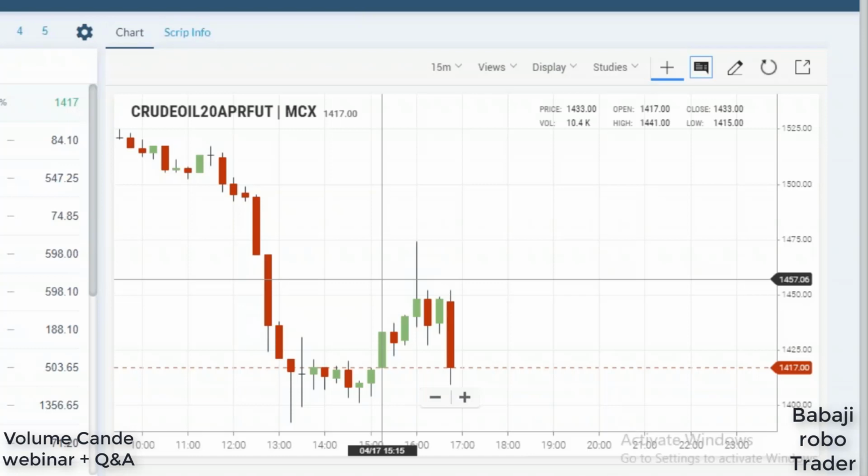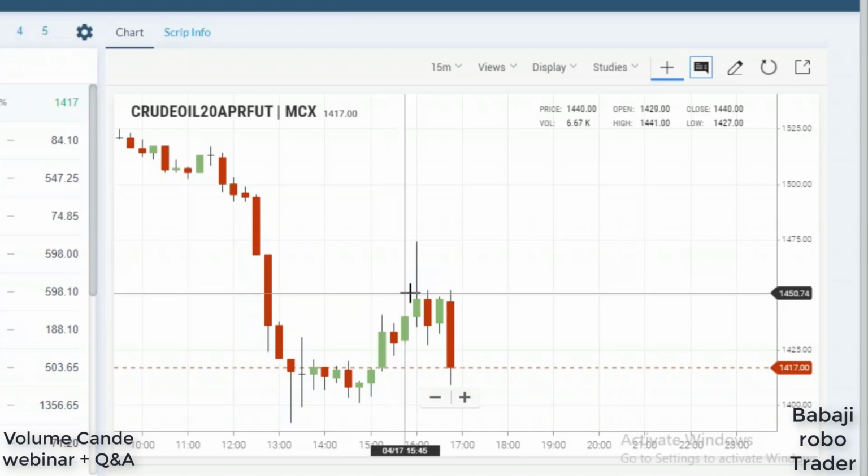Adib, there is no need of 40 or 50%. We are just focusing only on the wick. A longer wick means the price is not agreed by the seller or the buyer.